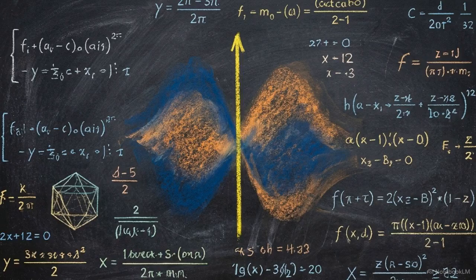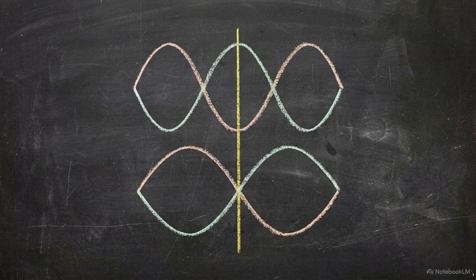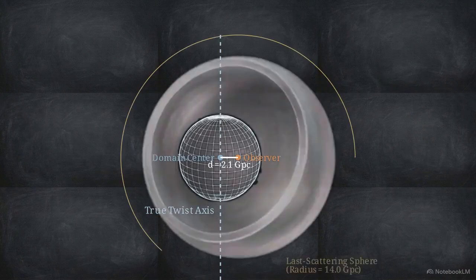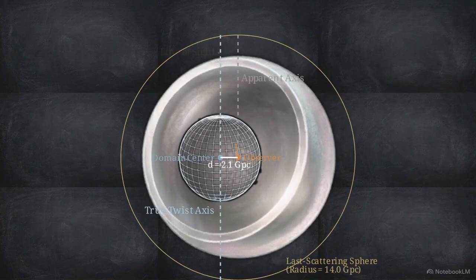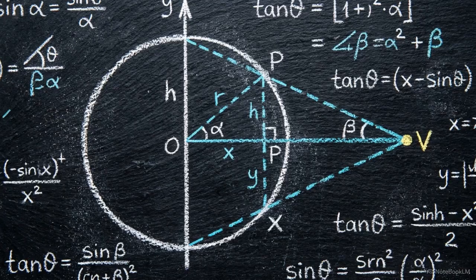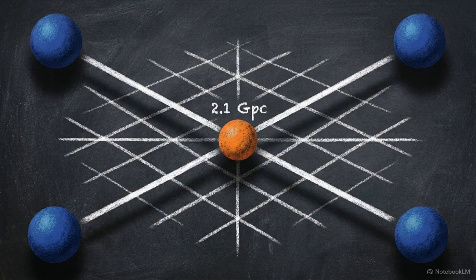The invariant modes also possess inherent axial symmetry along the Mobius twist axis. This natively aligns the intrinsic quadrupole and octupole. We view this intrinsic axis from 2.1 gigaparsecs off-center. This displacement creates geometric parallax, shifting the apparent axis by roughly 8.6 degrees on our last scattering sphere. The 10-degree axis of evil is merely geometric parallax. We are observing perfectly aligned macroscopic structure from a slightly off-center address. 4 persistent CMB anomalies are strictly dictated by exactly one position coordinate.